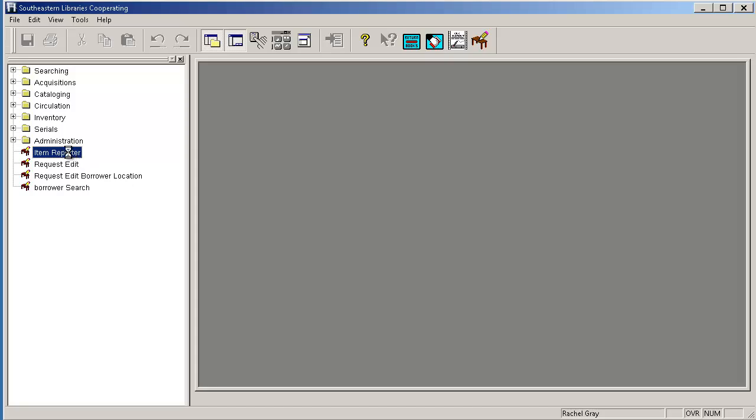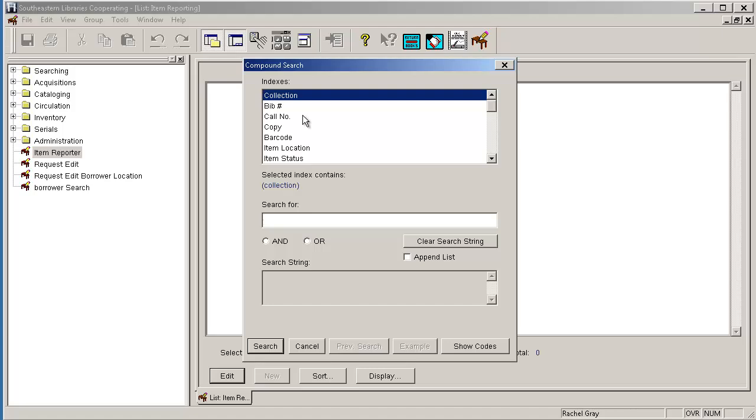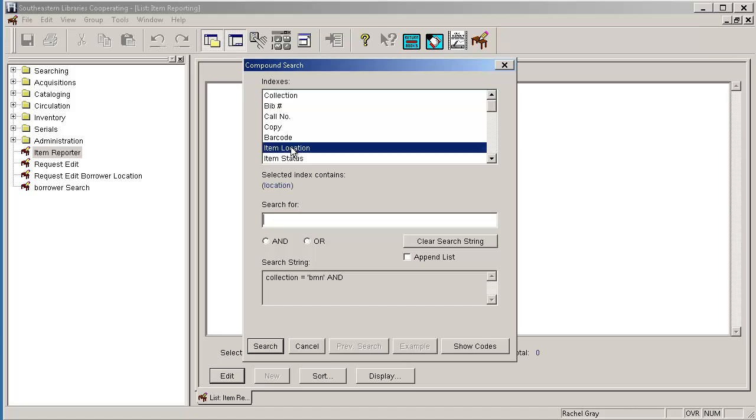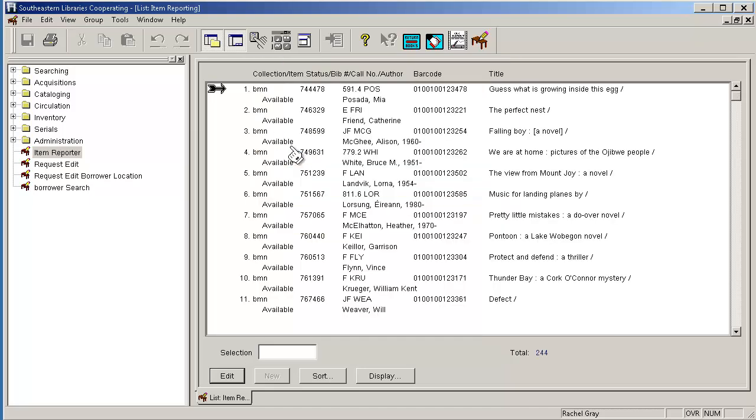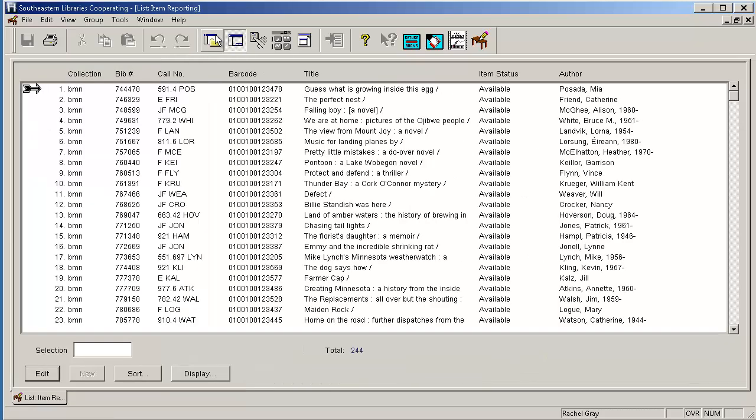So I'm going to go ahead and click on this. And for my purposes here, I am selecting BMN for the collection. And then I hit add, and you can see that will build my search string for a Boolean search. I'm going to look at SELCO's Minnesota Book Award winning titles that we have here. And I'm going to get rid of this navigation bar now that I've used that so I can see my